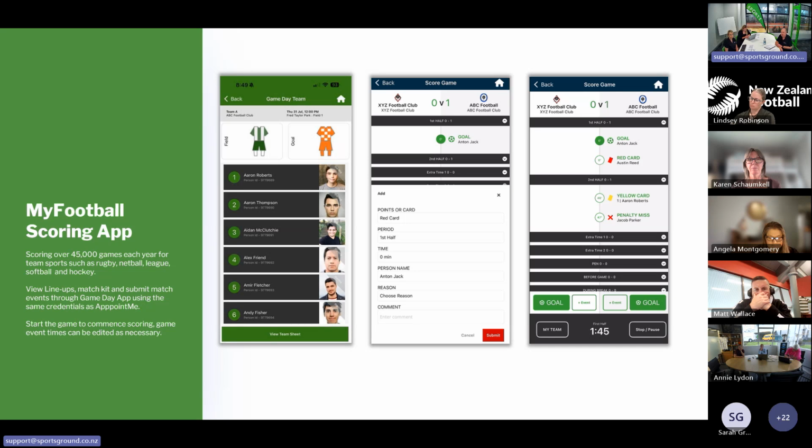So referees will have their own login with the app and be able to then see any fixtures that they're assigned to, and will be able to score those games with the official score. And we sometimes get asked, is there an expectation for the ref to be running around the field scoring on an app? No, absolutely not.